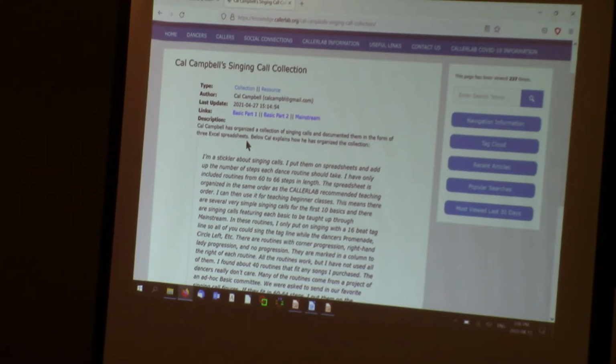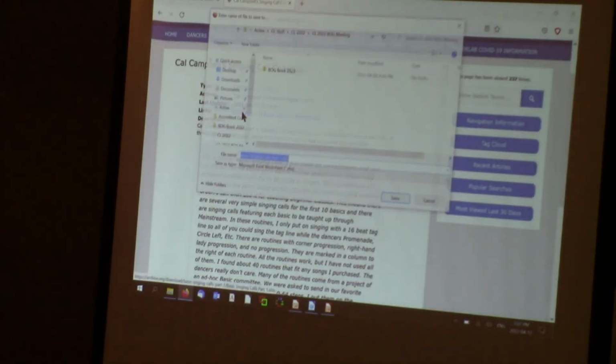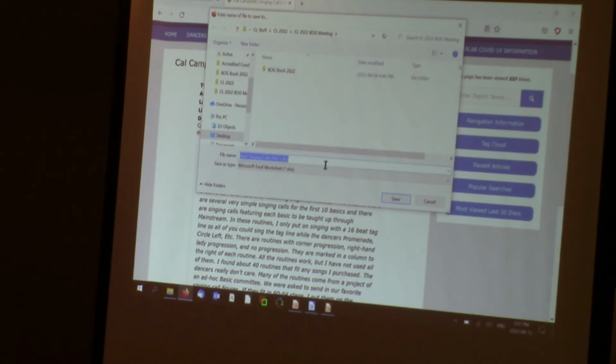A lot of Cal Campbell, who passed away, unfortunately, just recently, as he spent the last couple of years of his life gathering together all the stuff that he had produced and pushing it out to the Internet Archive as a place to preserve it. And he was kind enough to keep telling me about it so that I could point to the stuff that he had out there. So this is an example of that. Does that go directly to his section? Yeah, so if I click on Basic Part 1, it should take us to Basics, oh no.